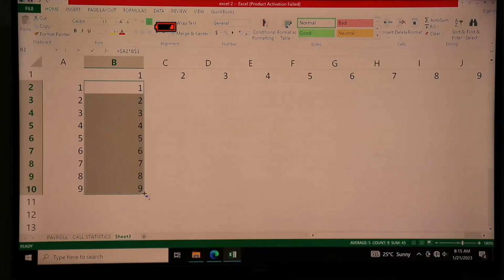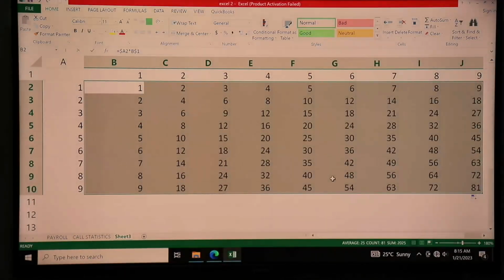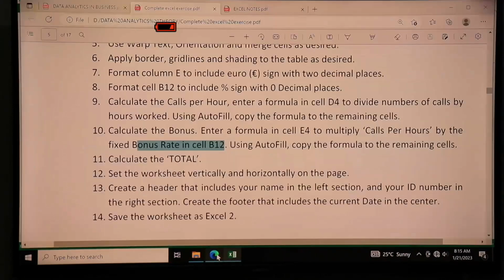Then once I reach here, I will copy this one across the screen, and it will give me all the right answers. So absolute referencing is actually one of the most powerful tools that Excel can give you to create data tables and any other data that will have the array format. That is the format in which we generate by the column and by the row. So that is the absolute reference technique.